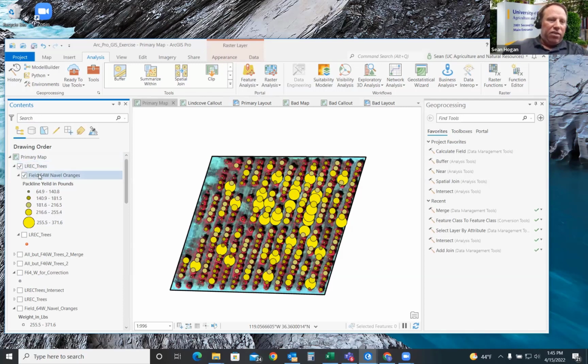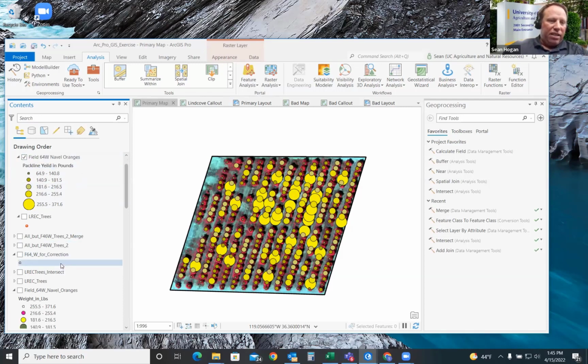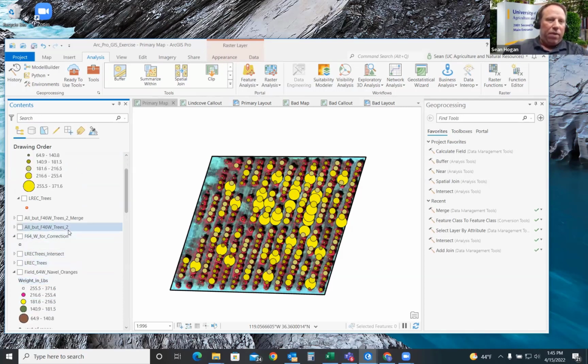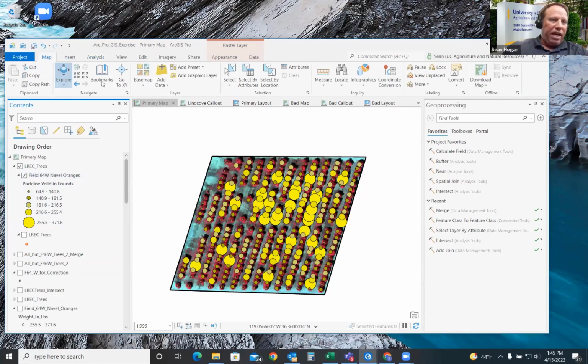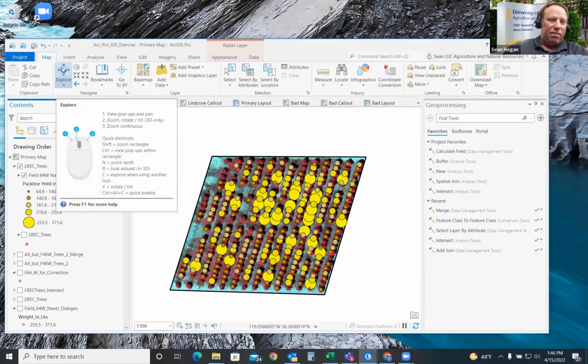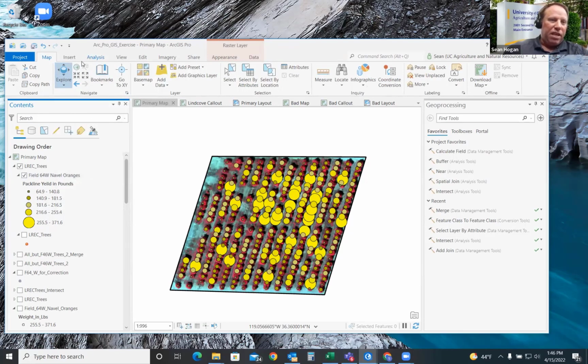As far as features and rasters, we're going to cover the different ways that we work with these types of data. Starting at the beginning, we'll usually be working in the map view. This is an important thing to note right at the beginning, and I'll restate this again and again: if you run into a position where you can't seem to do anything on your screen, the way to get out of that is to go to Map and click Explore.